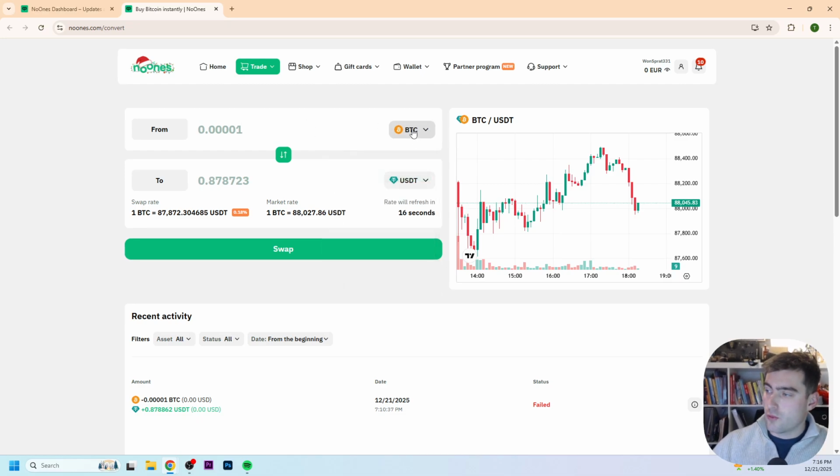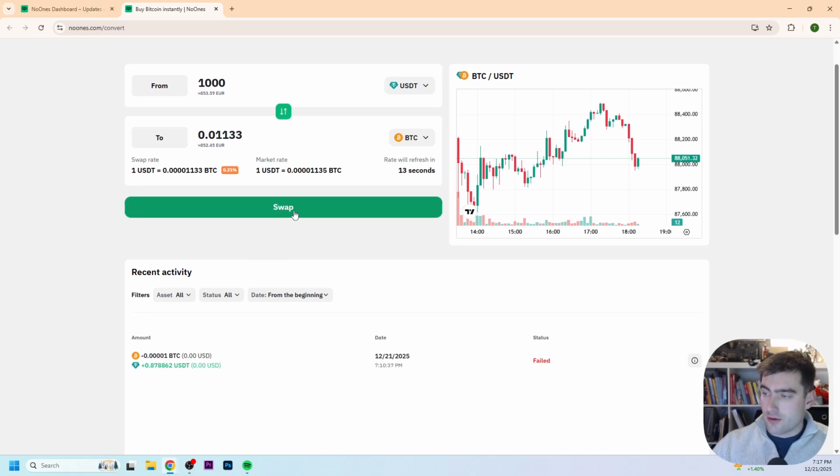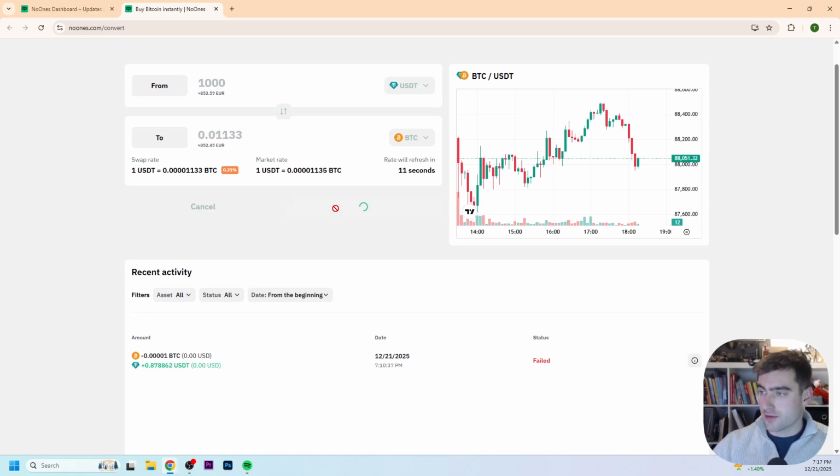So let's say we have USDT right here and we want to immediately swap this to Bitcoin. So let's say we want 1000 USDT and we want immediately Bitcoin. What we will do is fill in 1000 euros and then we will get 0.01133 Bitcoin for that. And then from now, if you click here on swap and we do confirm,